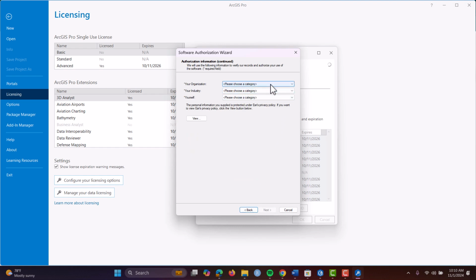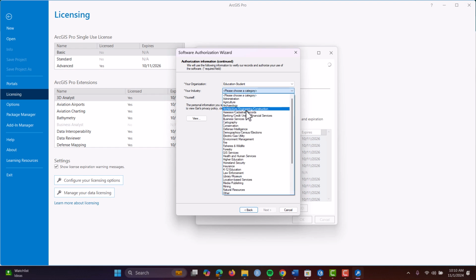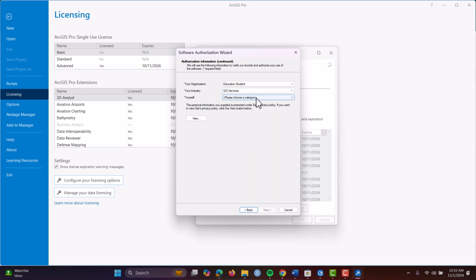Pick your organization category. I'm going to be picking education staff, faculty, or education student. Under industry, I'm going to look for GIS services. Under yourself, I'm going to look for GIS analyst.